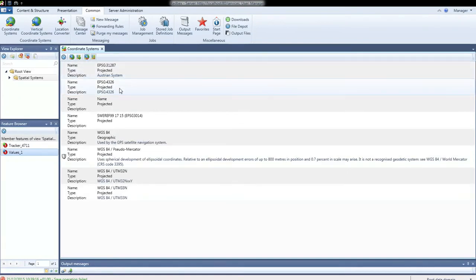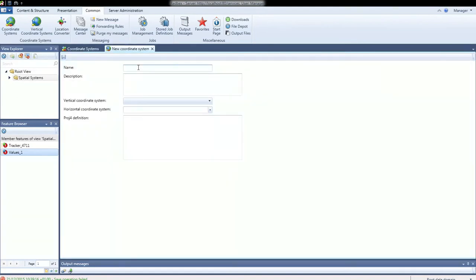So now let's define one coordinate system. I will start with the geographic coordinate system. This is the easier one. I can give it any name, of course, and some description. And then I have just a big list of horizontal coordinate systems here, and I just have to look for the coordinate system I would like to use. I just take any right now. Then as information I see already the Proj4 definition for this coordinate system, and I also have to